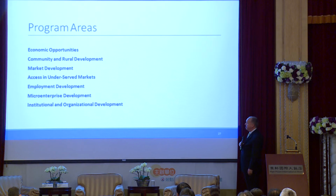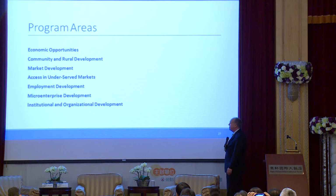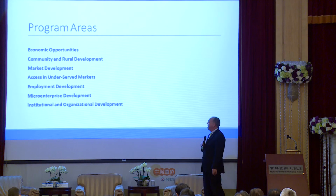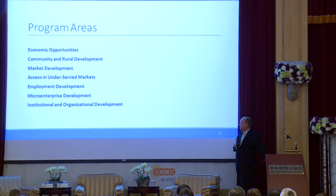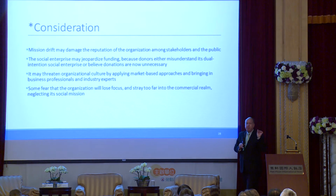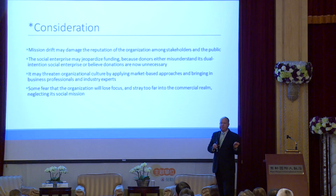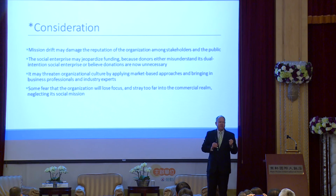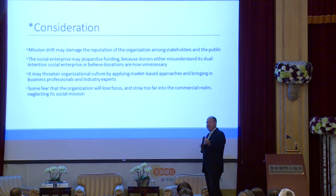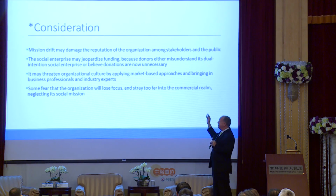Program areas. This is just a small list, but everything from economic opportunities and market development and employment, which is so important for the Ministry of Labor. All of these and many more. But I put this slide up here because I think all of us are excited about social enterprises and what they can do. But these are really some warnings, and this doesn't